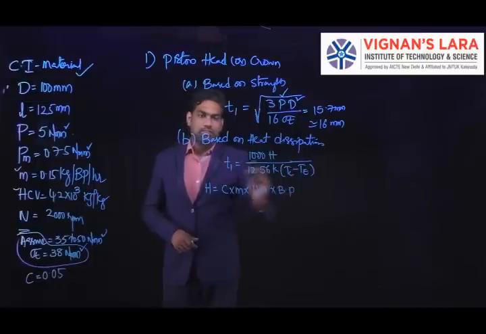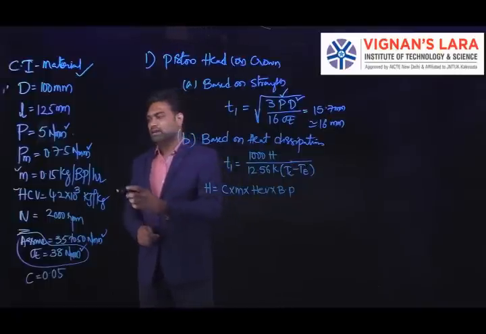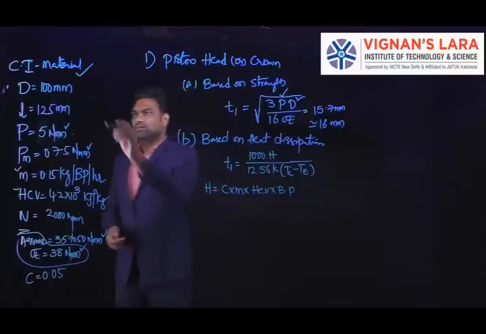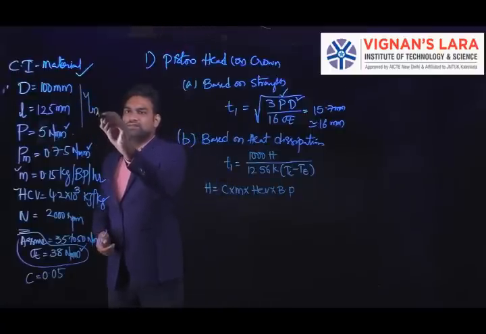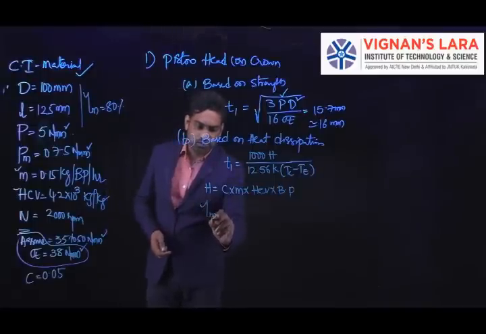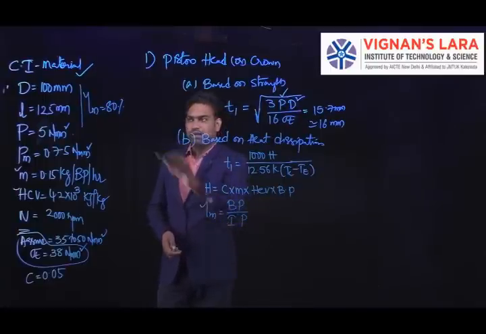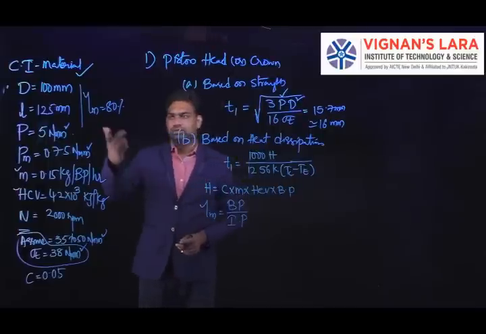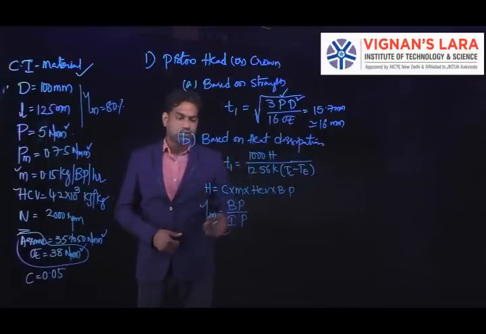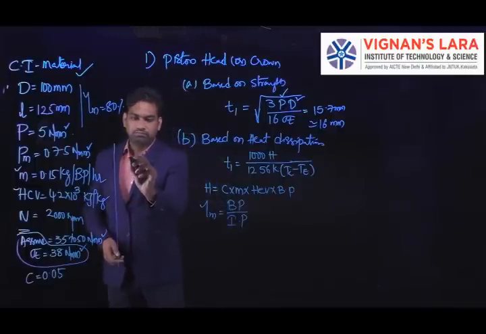So here the brake power is not given, so you need to calculate the brake power from mechanical efficiency. In the given data they give the mechanical efficiency, or if it is not given, you can assume the mechanical efficiency as 80%. Using the mechanical efficiency, first of all you can calculate the brake power, BP by IP. If IP is also not known, mechanical efficiency can be assumed as 80 to 90%, and here I am taking 80%. Indicated power is not known, so first of all you can calculate the indicated power.